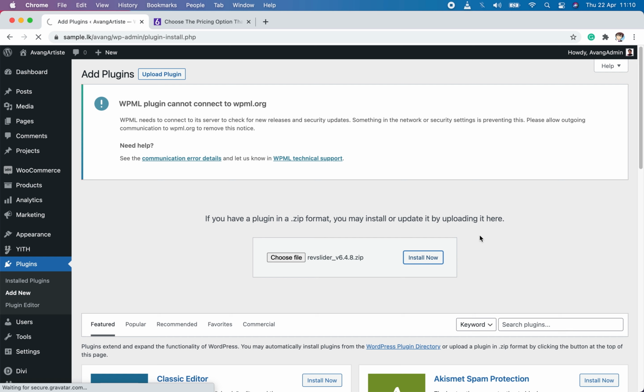Until it gets uploaded, let's talk about some more details of this plugin. As this is a paid plugin, this plugin will be included with most of the paid themes. The license of the plugin will be given with the license of the themes. Most of the time, that plugin can only be used on one website.